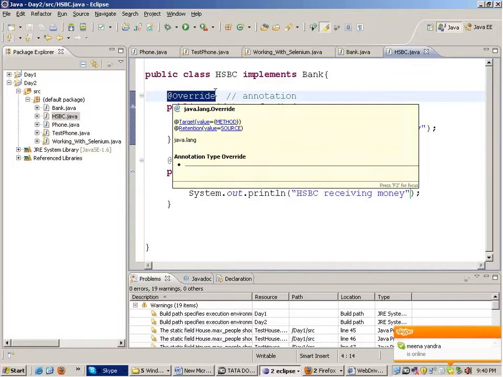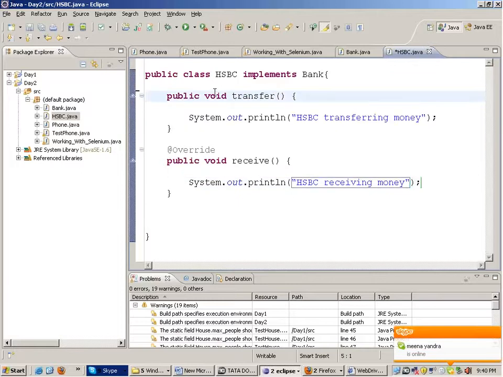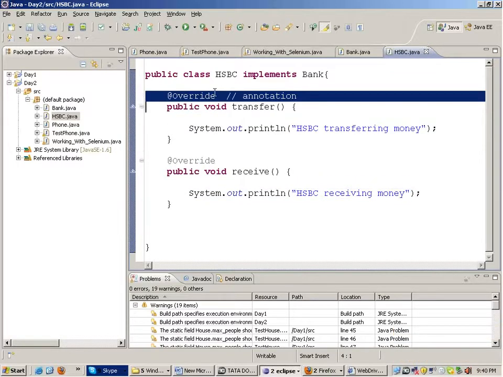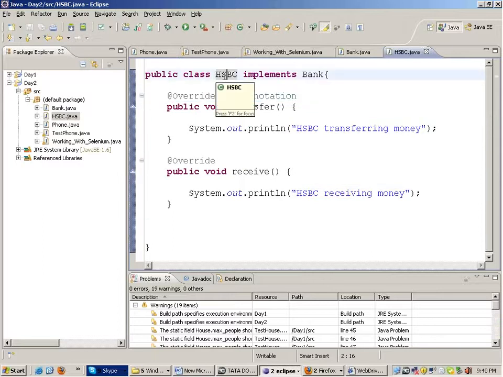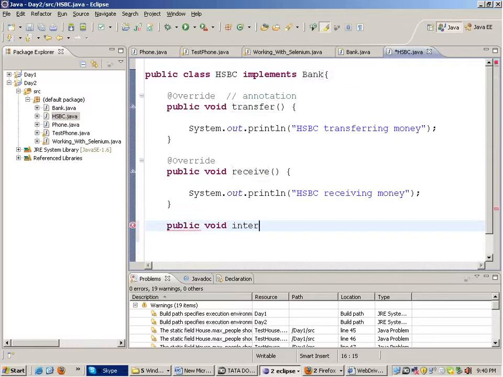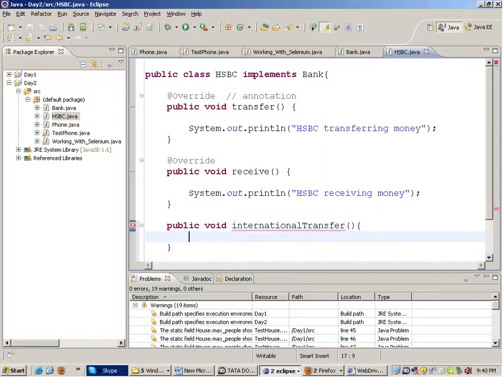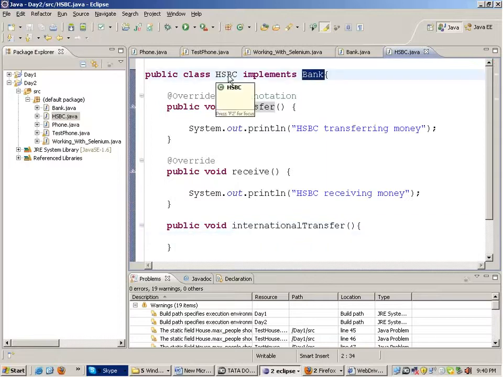Now look at why is this annotation required? If I remove this, I will not get an error. Okay, I will not get an error. But suppose my friend looks at my code, he will immediately understand that this function is coming from a bank interface. Suppose I add one more function in HSBC like public void international transfer. Then this function is something which is not coming from the bank interface.